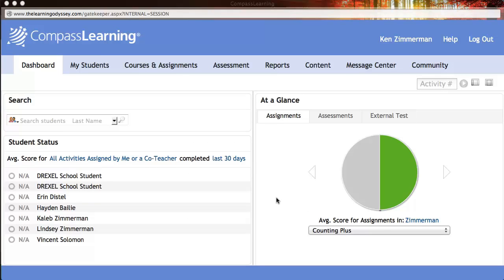This tutorial will show you how to set up a pretest, which designates a learning path in Compass Learning, and then also how to create a post-test so that you can see the percentage of net gains between a student's pretest and post-test. So the first thing that you want to do after you log on to Compass Learning is